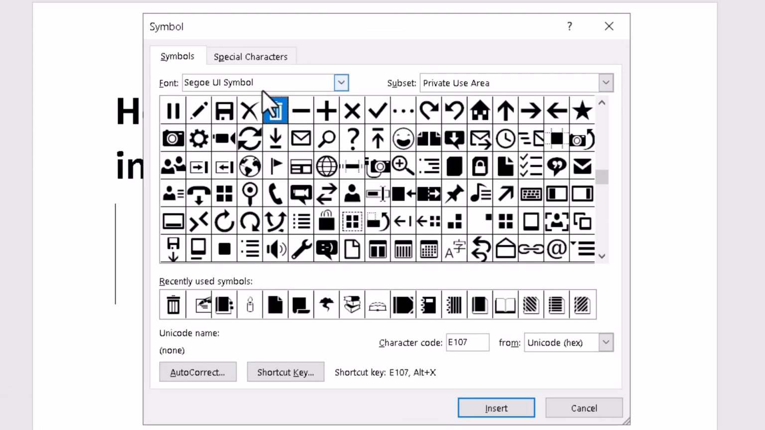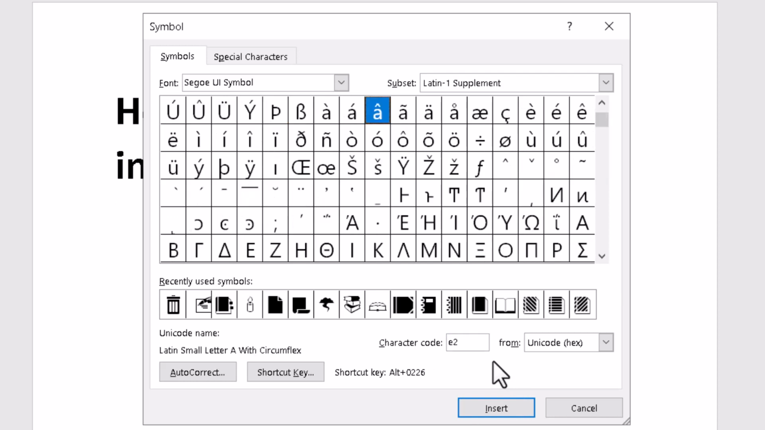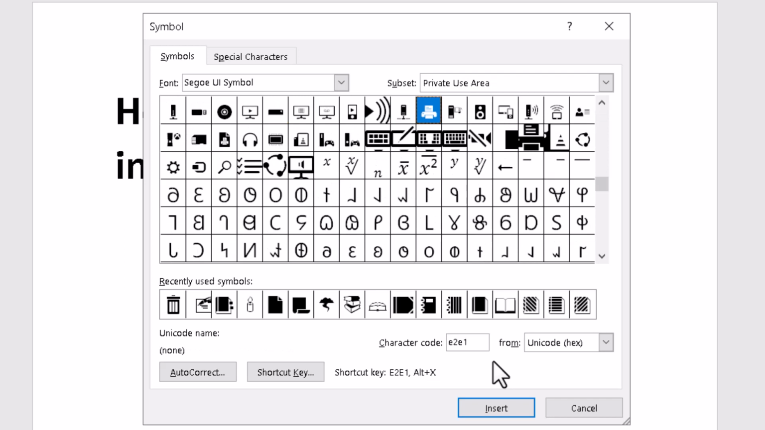Now in this screen you need to select this font screen, just select this one. Now you can type this character code. Just type this character code, E2 E1, and click on insert